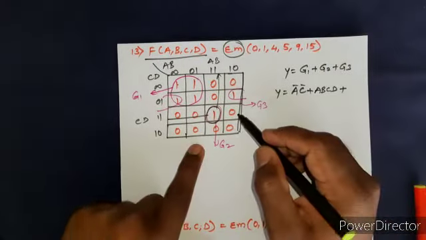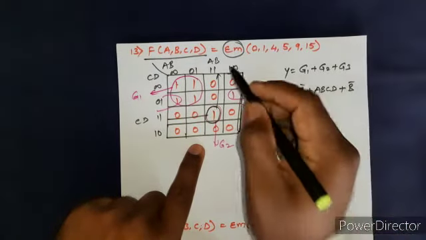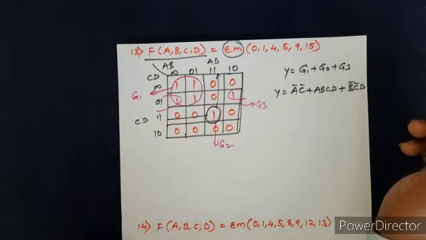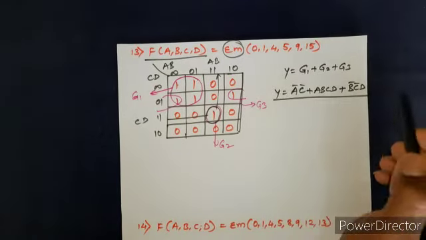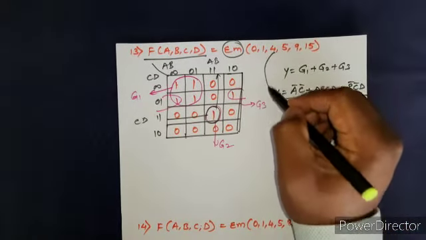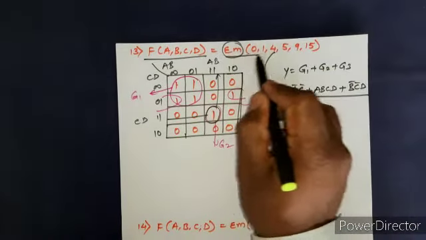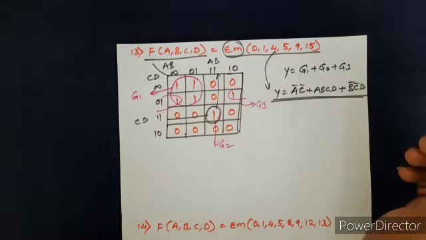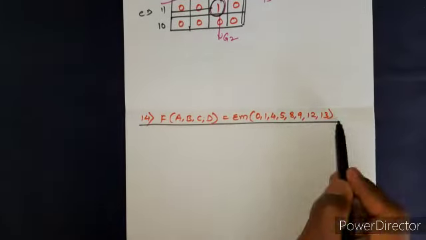And group 3 is B bar C bar D. Okay, this is our final equation for this expression. Okay, so this expression in reduced form is in this form, right? Now you can try this example on your own,